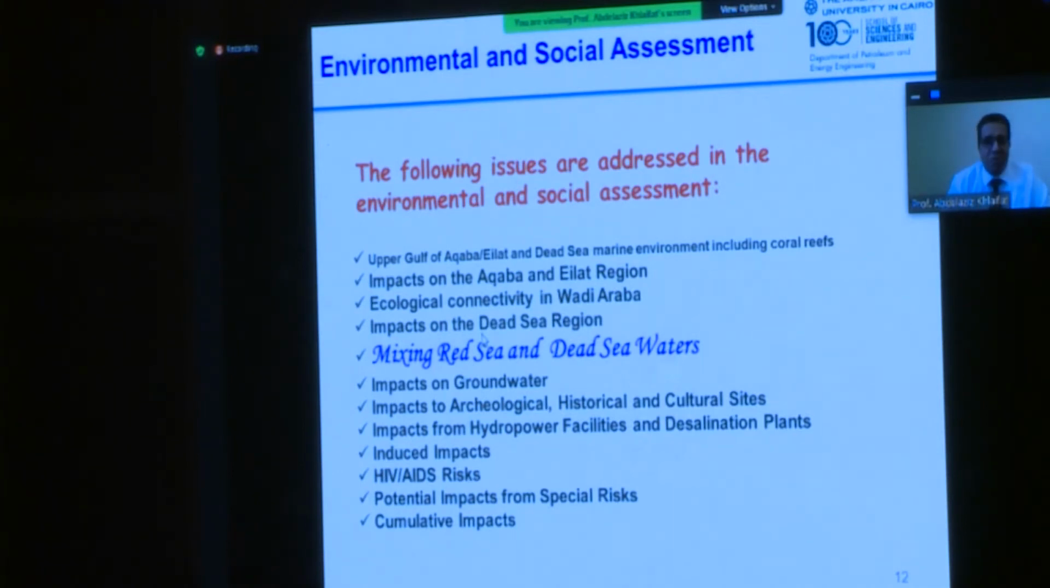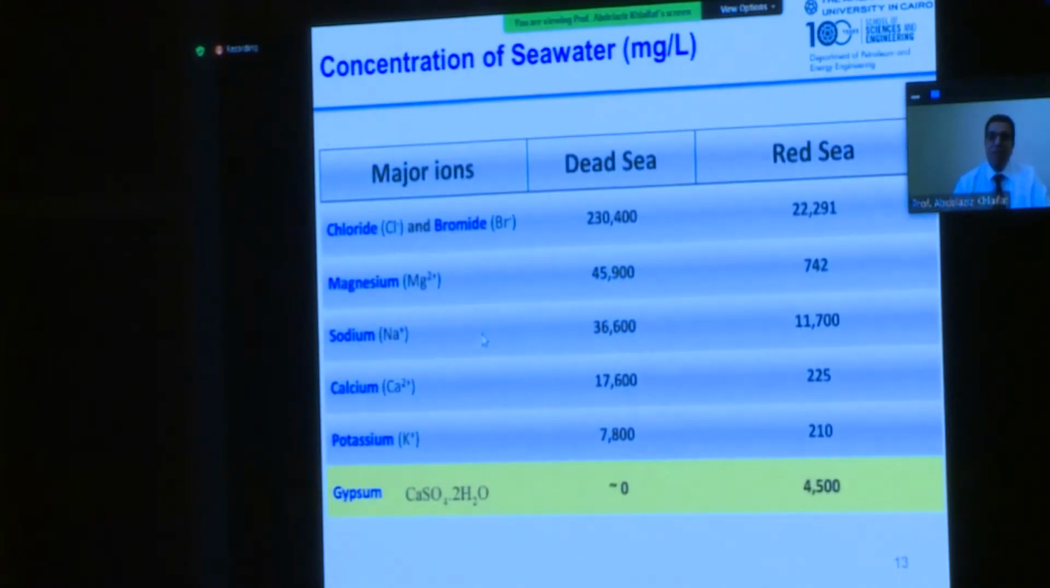And we submitted a proposal for the sake of carrying out this component. And we reached out to Arab Potash Company for possible funding. And definitely Arab Potash Company did not turn us down. And then we started thinking about what will happen if we mix two water bodies that have completely